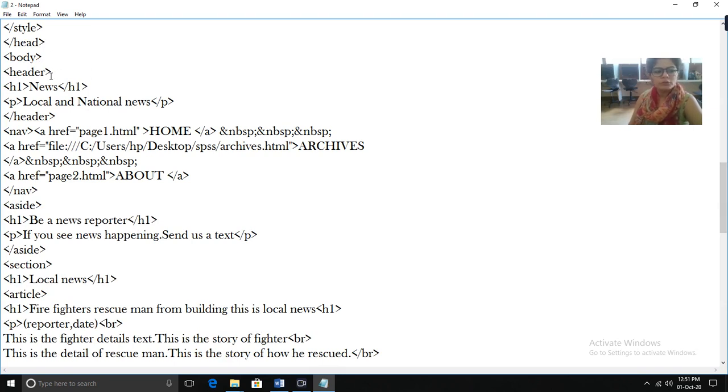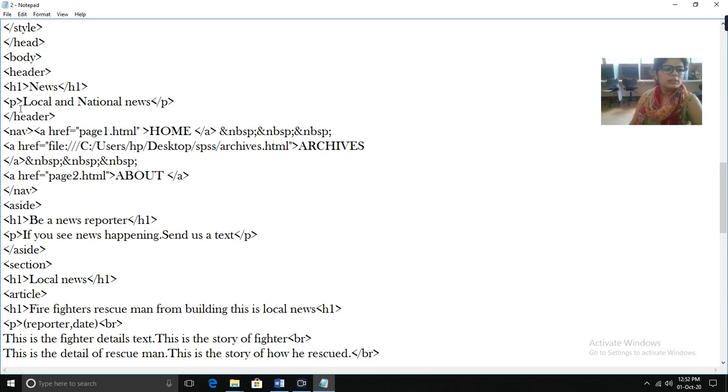Header, you know why we use header? Header tag is the first tag that I have already shown you. So inside the header tag, we want to write the heading as news. So I have used H1 heading, news. This is the word that will be displayed as heading H1, and close H1.